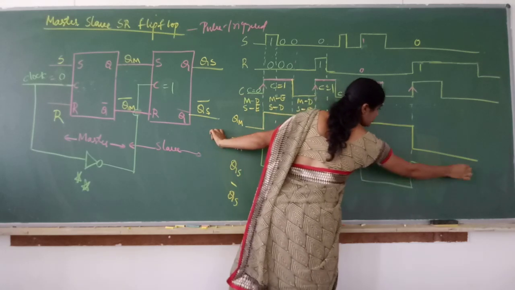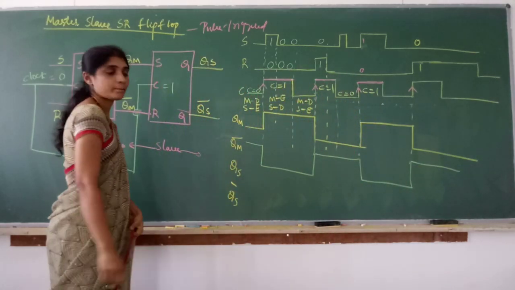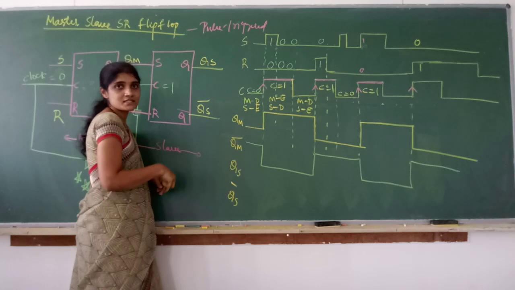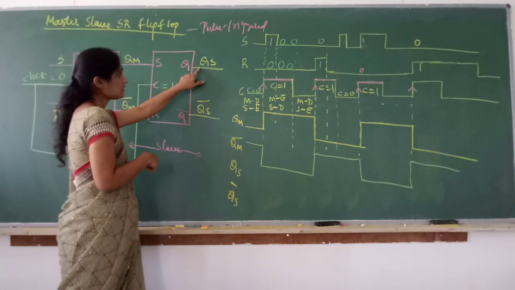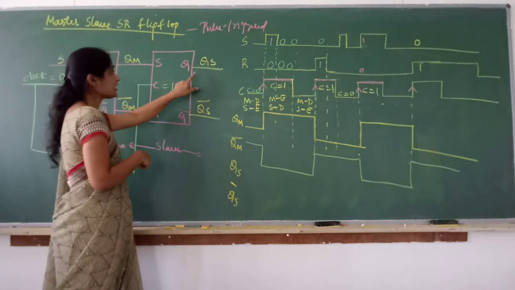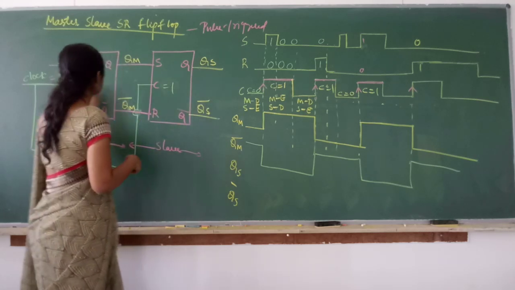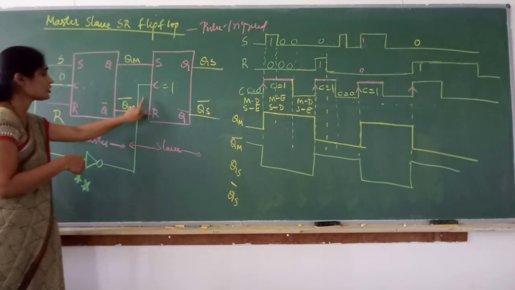That's all. Don't see anything. You just write the complement. Now to write QS. This is QS. This is also SR. And you get QS only when clock is what? Only when clock is 0, here you are getting it as 1.